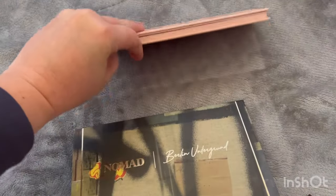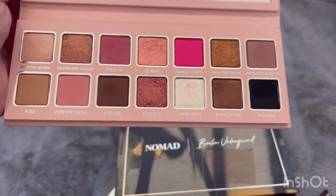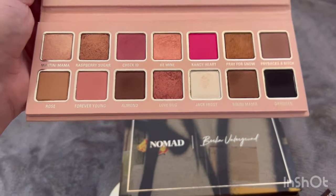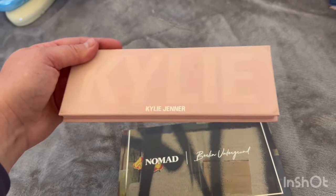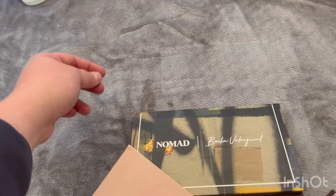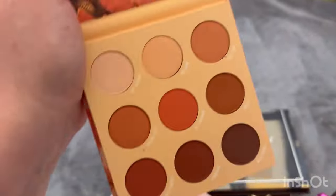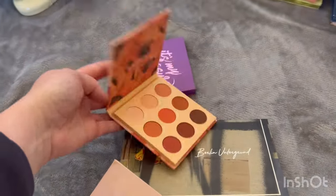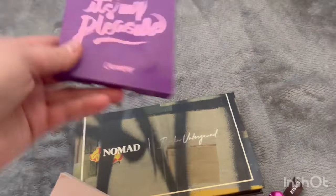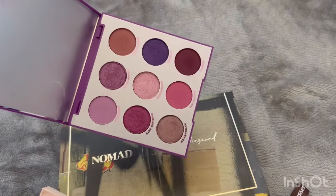Okay, Kylie. I really want to keep this one too for some reason. I just remember going into Ulta and buying this and being so excited about it. I think that's why I want to hang on to it. The ColourPop palette, Big Poppy by ColourPop, I think I'm going to get rid of this one while it's still brand new, even though I do think it's beautiful. And the ColourPop It's My Pleasure, I think I can part with this, which I didn't plan to at the beginning of this video, but...